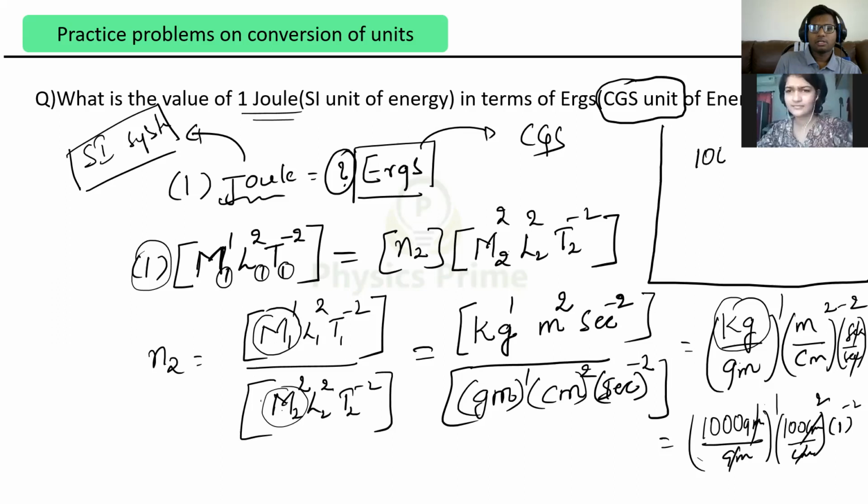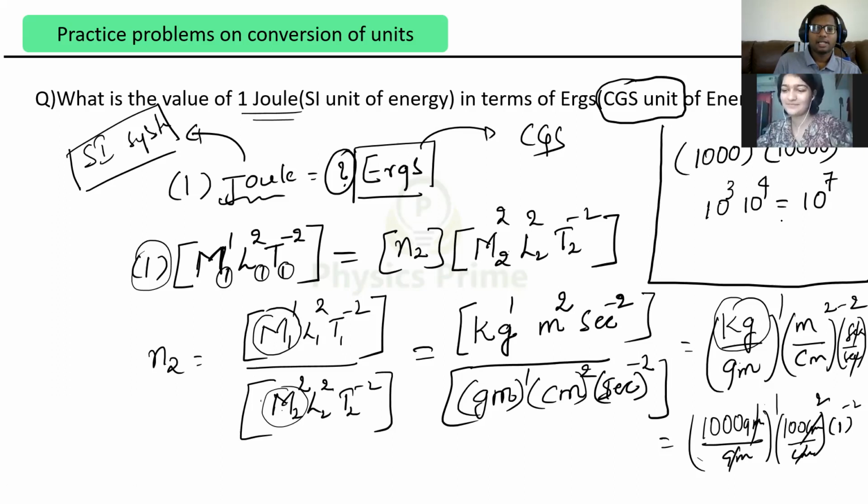1000 power 1 into 100 square means what? 100 into 100, which is 4 zeros, right? That is nothing but 10,000, 10 power 4. This is 10 cube. That is equal to what? A power m into a power n is a power m plus n, so 10 power 7.